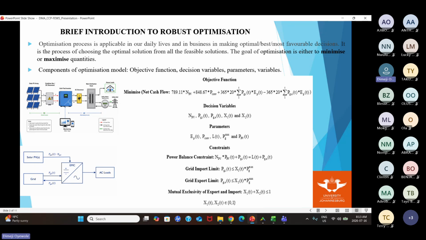You have, for example, a supplier who has different customers in different parts of the country or different parts of the world. And these customers are requesting certain quantities of goods from the supplier. The supplier has to ensure that these goods are delivered to these customers, right? And minimal cost is incurred, minimal risk is incurred in delivering those goods to those customers.